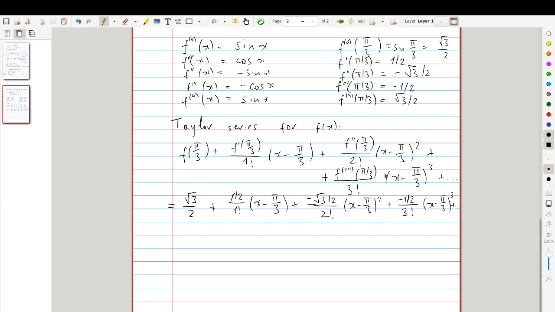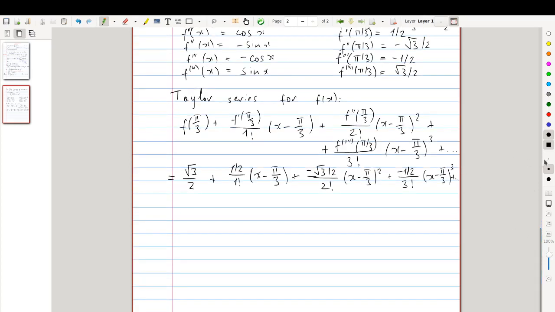So the pattern that reveals itself is that the even order terms are multiplied by root 3 over 2 and their signs alternate. The even order derivatives, so this would be the 0th and the second derivative, and the odd order ones, the first and the third, are multiplied by 1/2. Their signs also alternate. And so if we are to summarize this in a single expression,